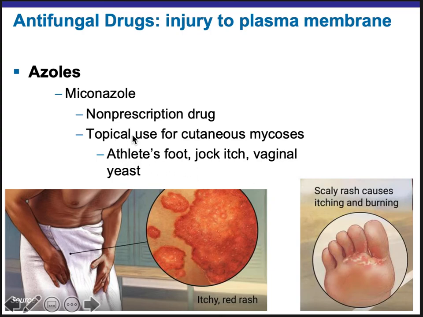You can go to your local drugstore, or probably most regular grocery stores carry this too, and get a topical cream and treat it yourself. I think it usually takes a long time, like 14 days.